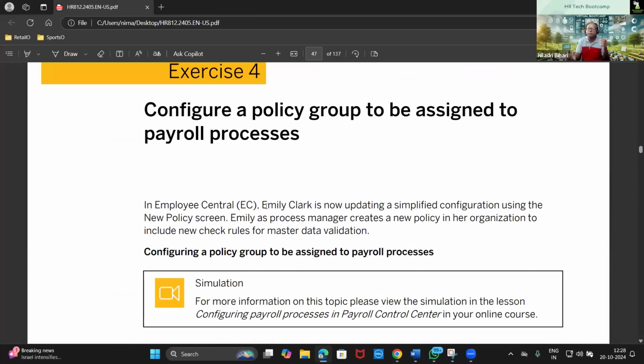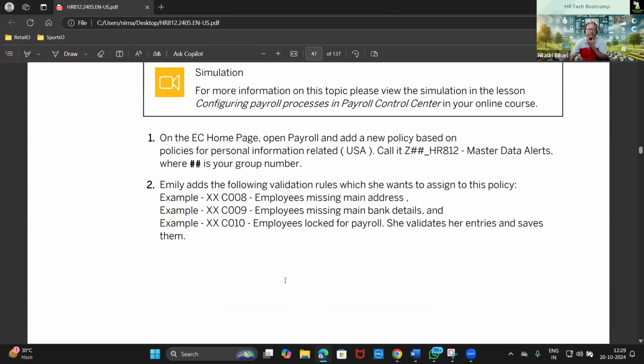Exercise number 4 is all about creating a policy, configuring a policy group to be assigned to the payroll processes. So in this exercise, let's say I'm a payroll process manager, and I will be creating new policies for my organization and validating that. For this example, what they're expecting us to do is create a policy based on the personal information, and we will be creating this,